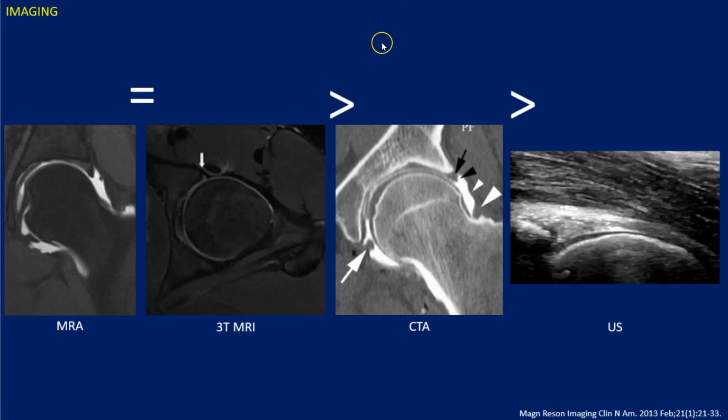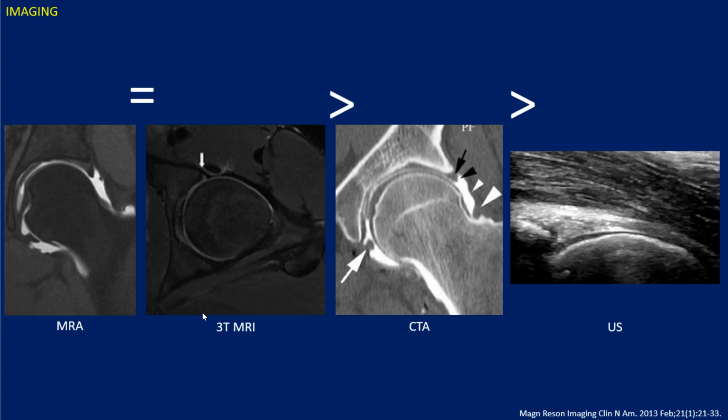To image the acetabular labrum, there are a number of options to consider. I've outlaid a few of the more commonly chosen ones here. First, MR arthrography, usually with 1.5 Tesla imaging, is used. However, with the rise in popularity of 3 Tesla imaging, the need to inject contrast into the joint becomes less and less. Said another way, 1.5 Tesla MR arthrography is comparable to 3 Tesla non-contrast MR imaging in its performance